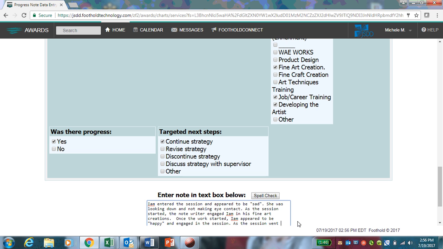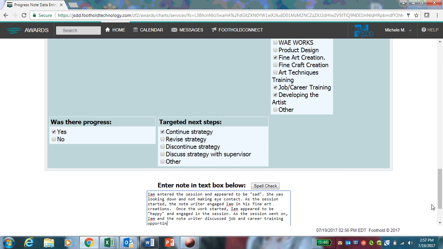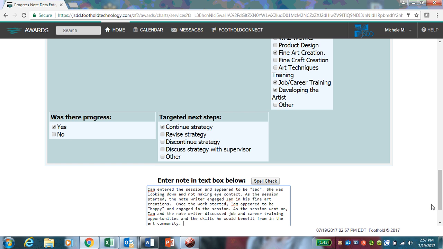As the session went on, the note writer discussed job and career training opportunities and skills he would need, and the skills he would benefit from in the art community. Okay, so I kind of just made that all up, but I wanted to